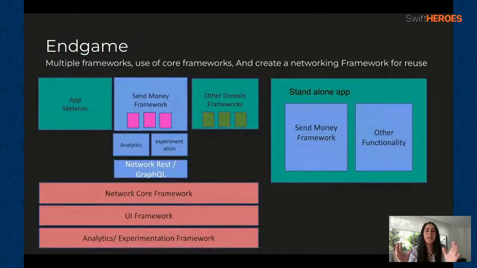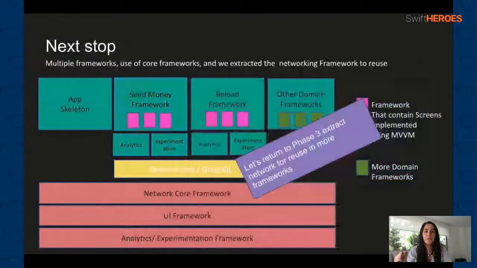We want to have frameworks that are very granular and very specific. Okay, this is the product of Send Money. This can be a standalone module. You can have everything there that you need to actually send money, and that could be reused in our single application. So is that something that you want, or are there just some specific layers that you will need to